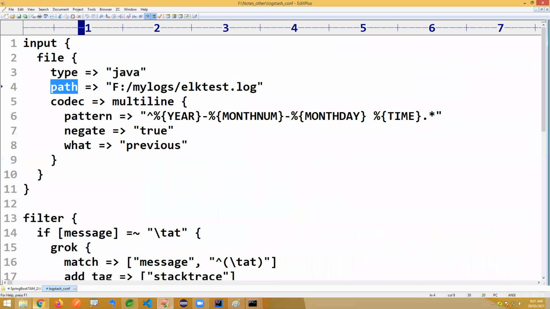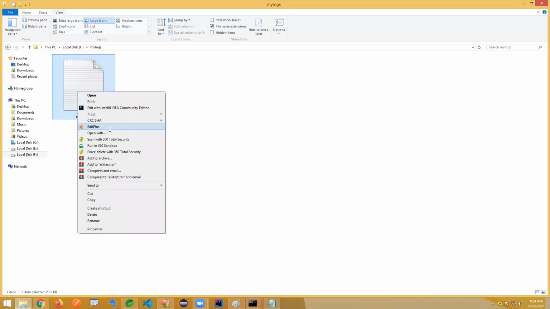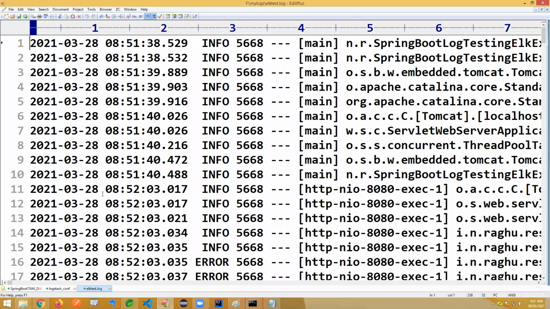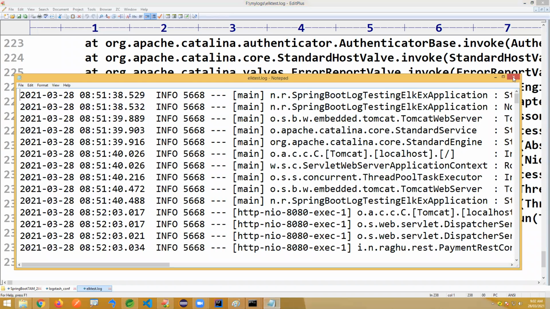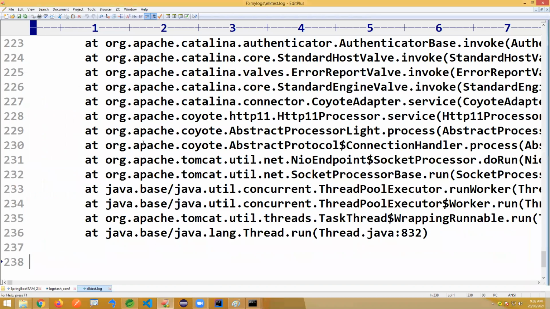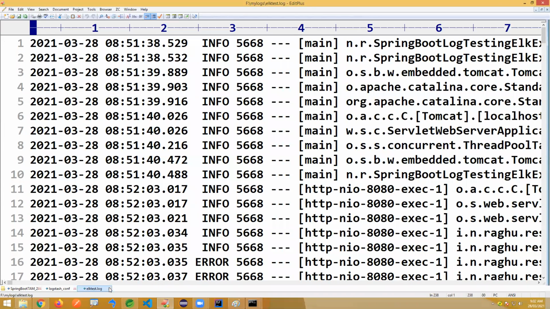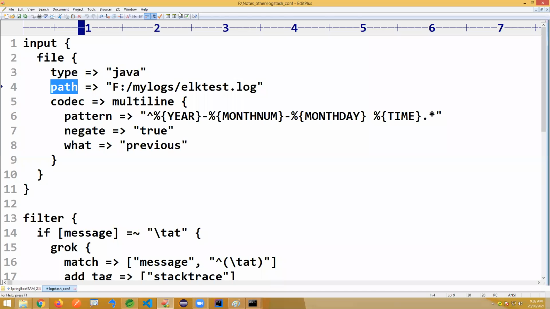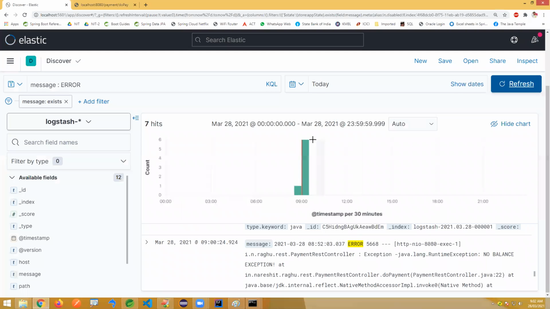Okay, so the same thing is available in your log file. Let me open this log file here. See, it was just executed and 238 lines have come. If it executes continuously for 1 year, just assume how many files will be created. Of course, it will read the data from backup files also. There could be multiple lengthy files, and it will continuously read them. It will create manual backups also. This is going to read the content and visualize it here. That is actually the benefit of this ELK tool.